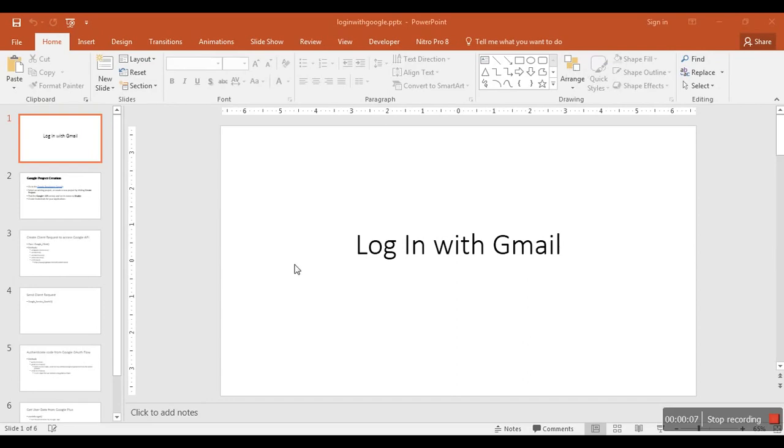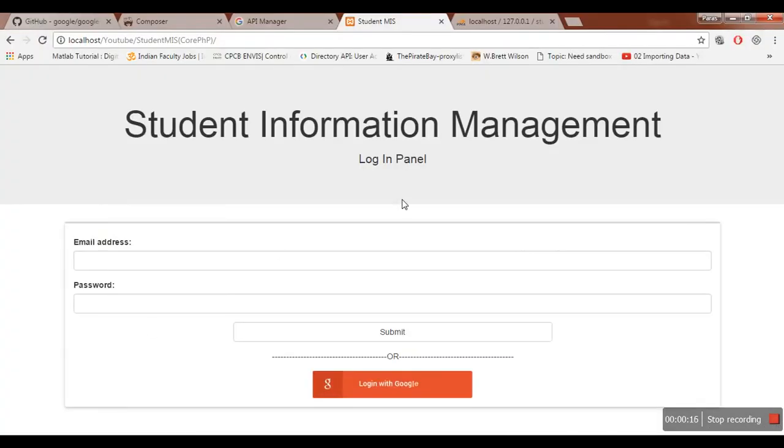So today we'll be starting off with authentication using Gmail. Just to remind you of what we were doing in the last video, we were doing authentication the old, or orthodox, manner, where we created a design for this page, entered the email address and password, and then submitted it to launch our authenticated page. Today we'll be doing the same thing, but we'll be authenticating a user with his Google account.